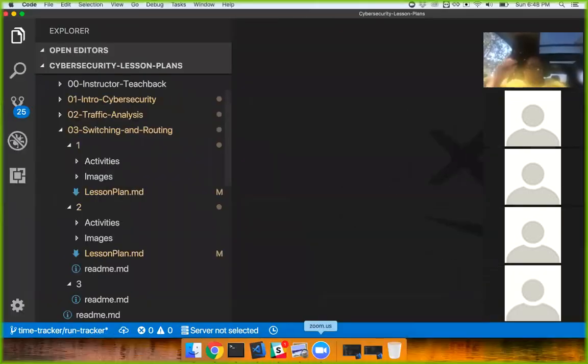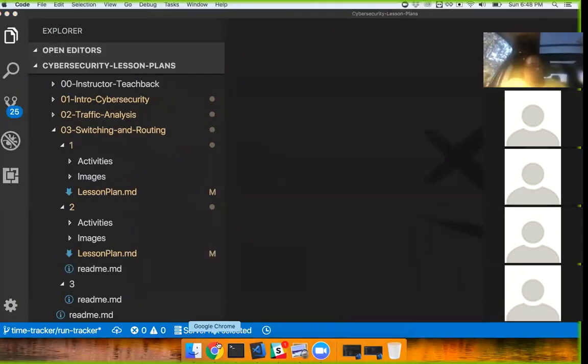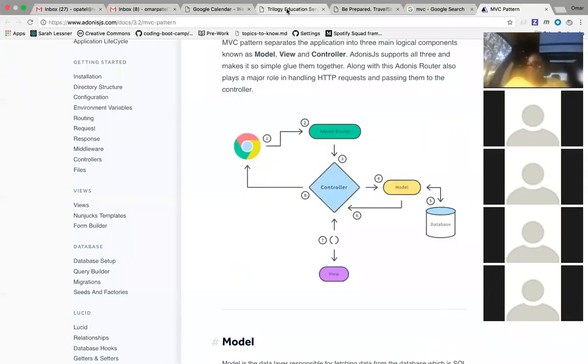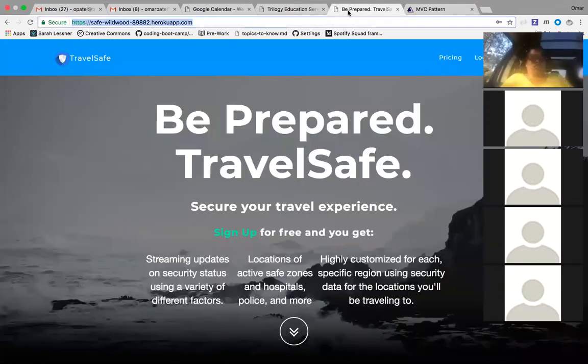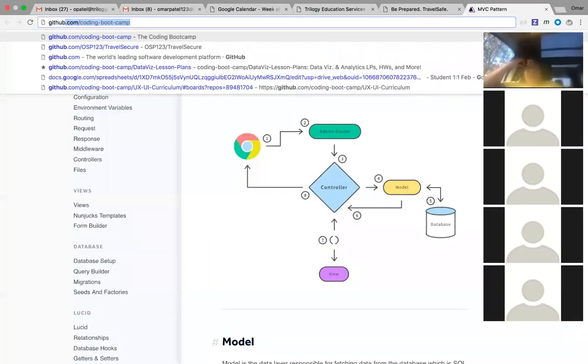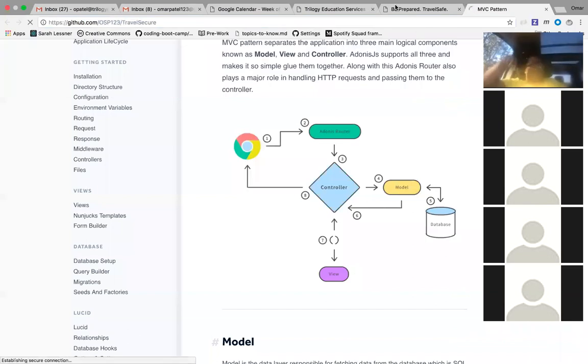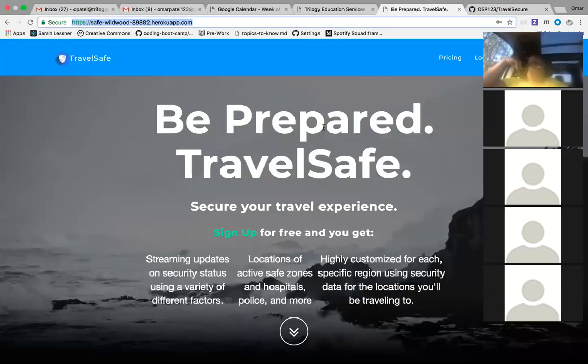So if I go to Travel Secure, you want to see, this is the view. So when I went to this link, the browser made a client-side request using Ajax to the server-side application. So if you want to see a one-to-one, then what will happen is I go to GitHub, Travel Secure. So a request is made